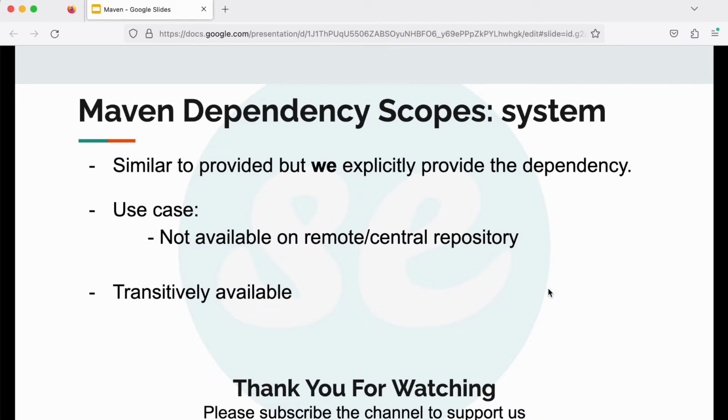So one real life example of this scope would be, let's say we have created one utility project which contains some common tools which we want to reuse in multiple projects. Instead of copy pasting that code into the multiple projects, we just directly use the jar file of the utility tool project. So here the system scope would be helpful until we put that dependency or that jar file on some remote repository. So let me show you in the IntelliJ IDE.